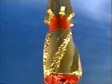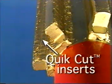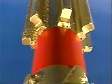Additionally, Weatherford systems now feature advanced quick-cut technology. This alternative incorporates innovative square-cut tungsten carbide inserts, which improve chip control and maximize casing penetration. The advantages are faster, more efficient milling performance,